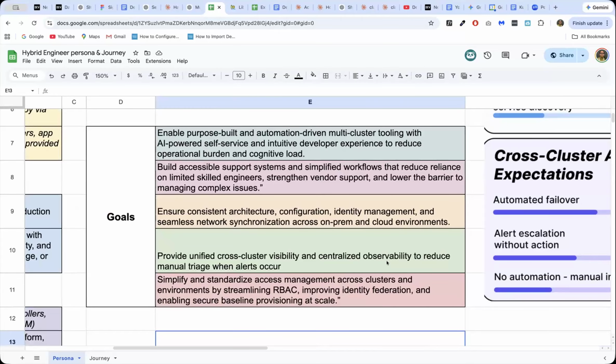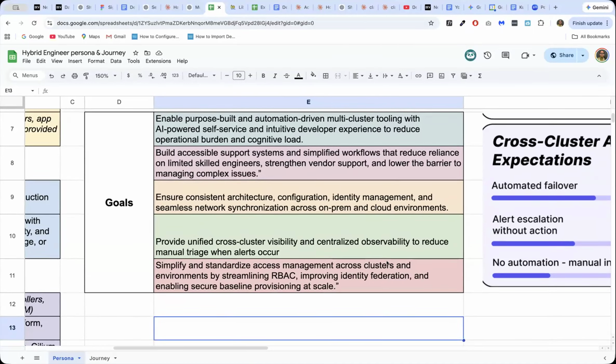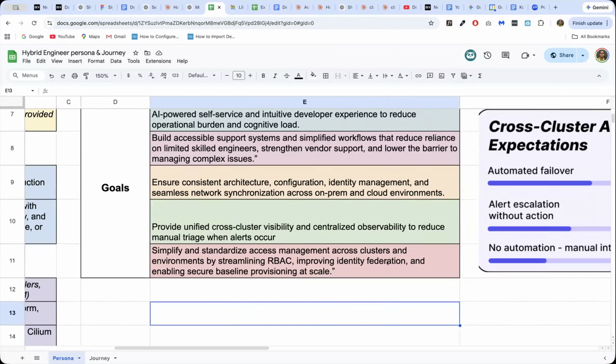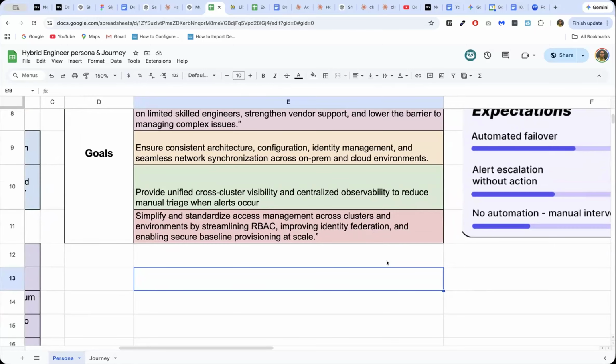And for this, the engineer's goals would be to enable purpose-built and automation-driven multi-cluster tooling with AI-powered self-service and an intuitive developer experience to reduce operational burden and cognitive load; build accessible support systems and simplified workflows that reduce reliance on a limited pool of skilled engineers; strengthen vendor support and lower the barrier to managing complex issues; ensure consistent architecture configuration, identity management, and seamless network